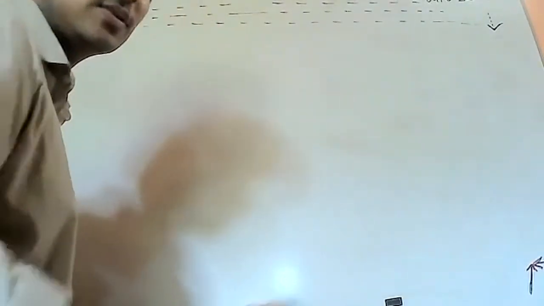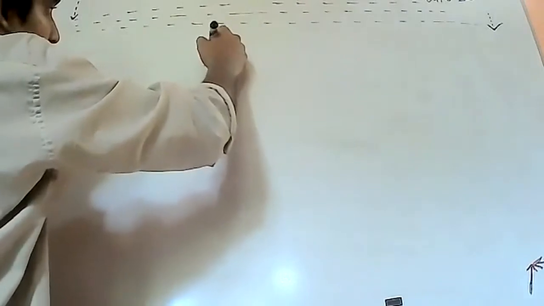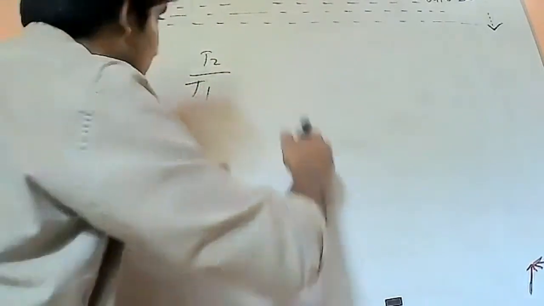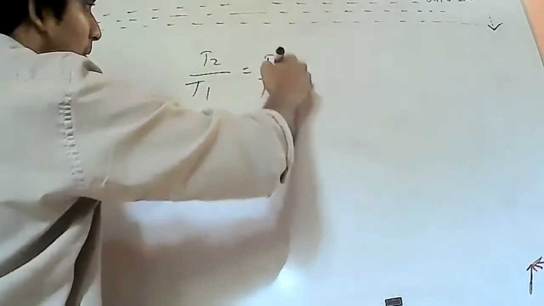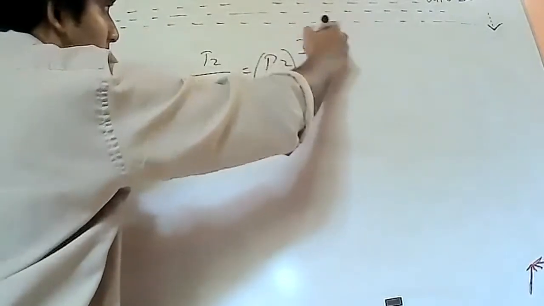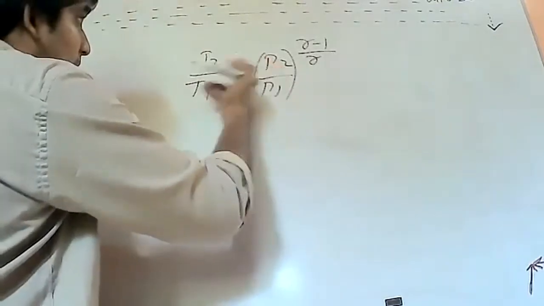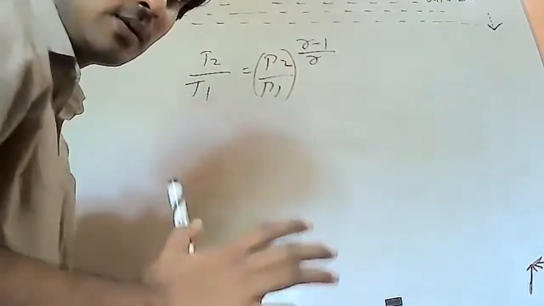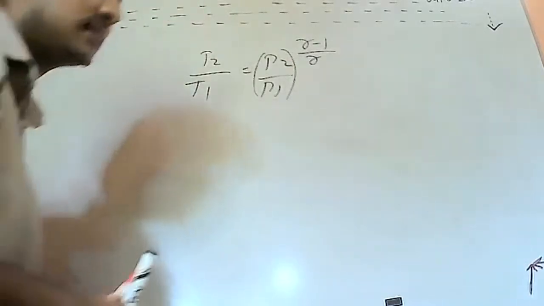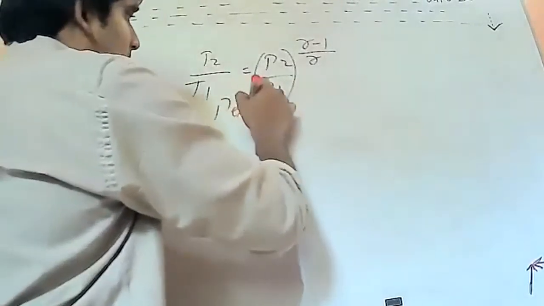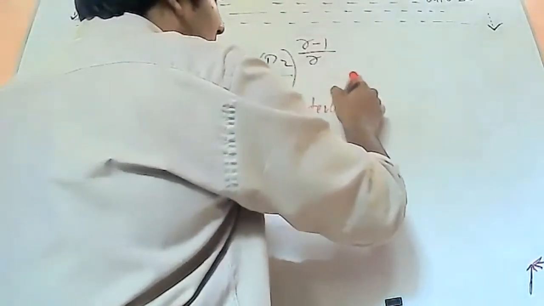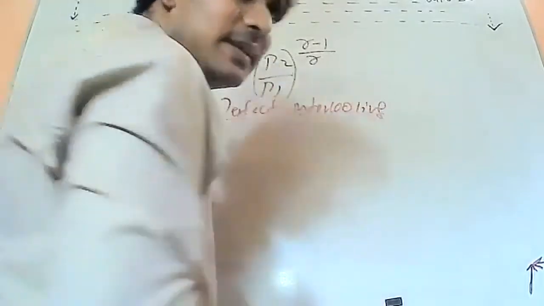Now let's focus on the important formula that you need to solve this kind of problem. We need this formula: T2 divided by T1 equals P2 divided by P1 to the power gamma minus 1 over gamma. So this is the equation that we need, the relationship between temperature and pressure. But the other fact is that I told you there is a scenario called perfect intercooling. So now I told you